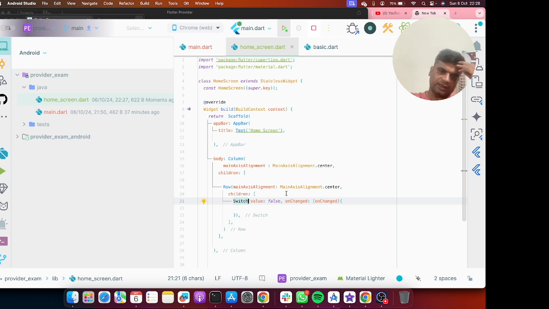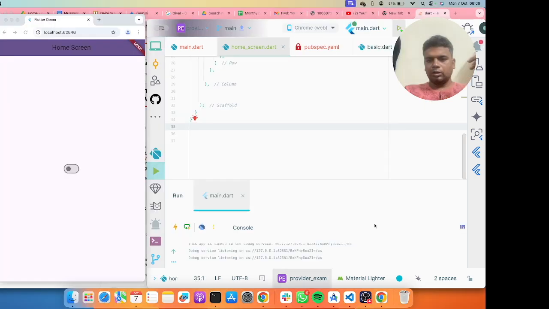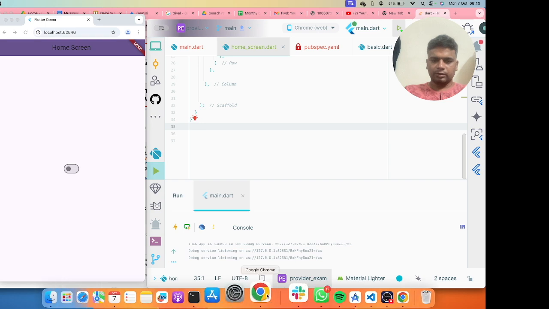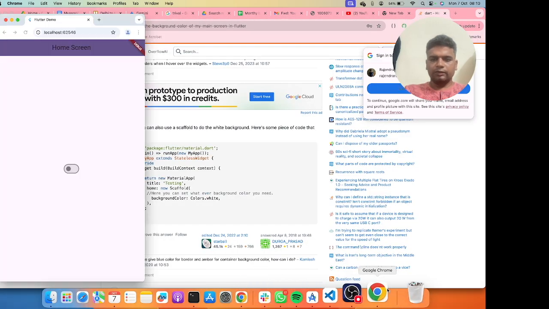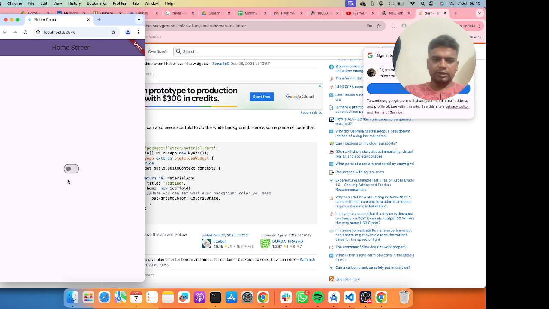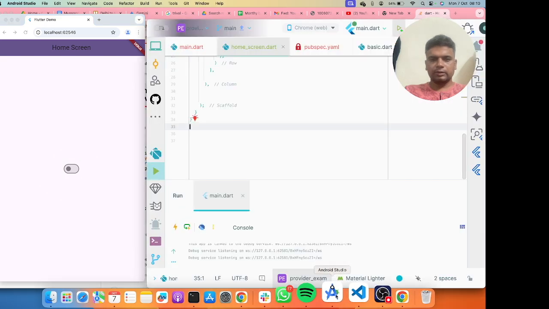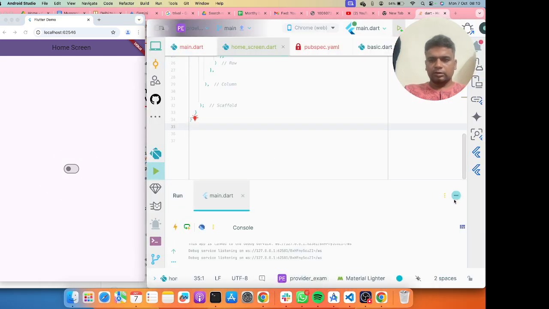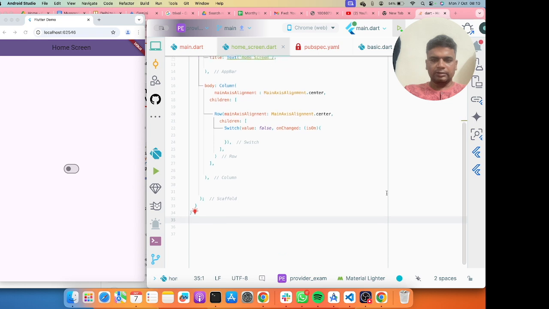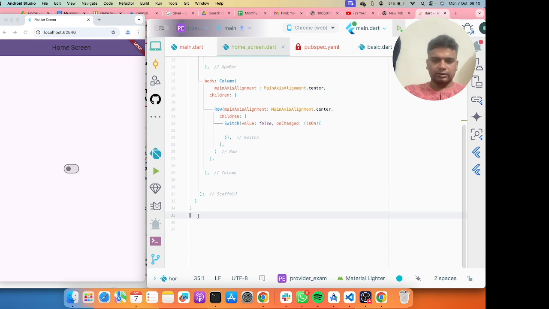We can say the true and false value of the switch. So here we will manage the state of the switch. For that we will convert this into a stateful widget. So I will create a custom stateful widget here.